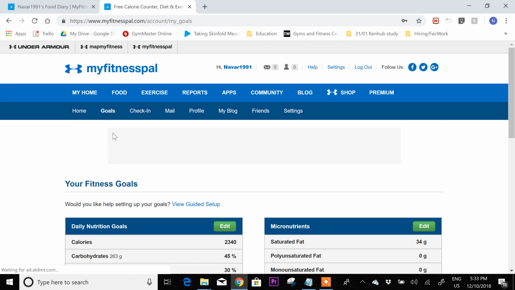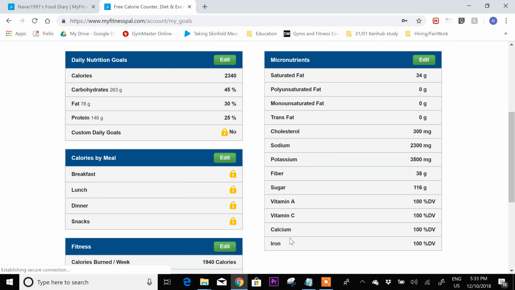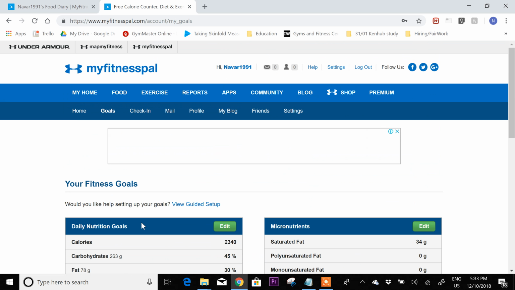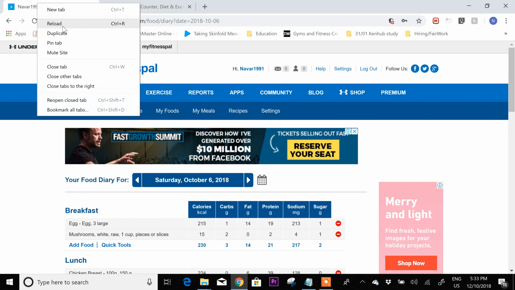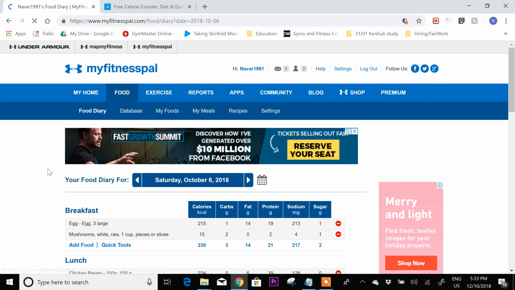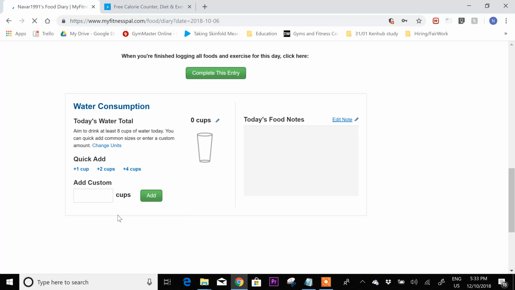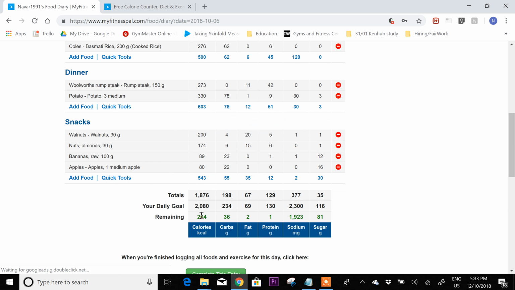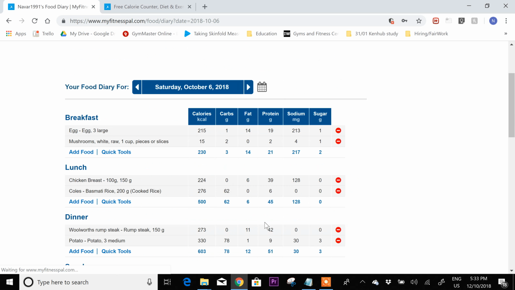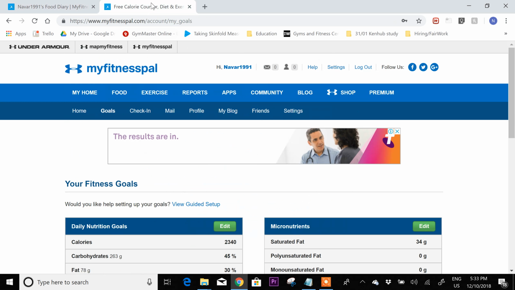Now, what I'm going to do is I've already actually done a basic food plan for something around these calories, and they are right here. But I'm going to go back over it and just demonstrate all over again. Hopefully it loads. Perfect, okay. So it hasn't changed the calories yet, but what I'll do, let's do a whole new one for you guys. So what you want to do now is you're actually going to plan